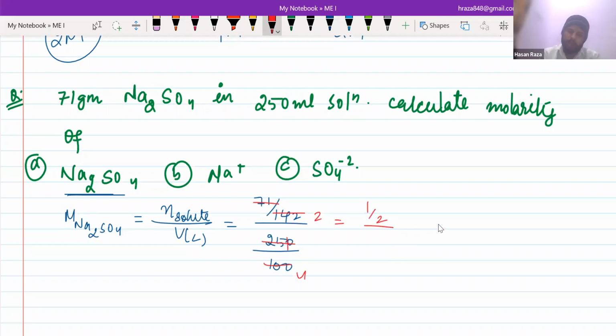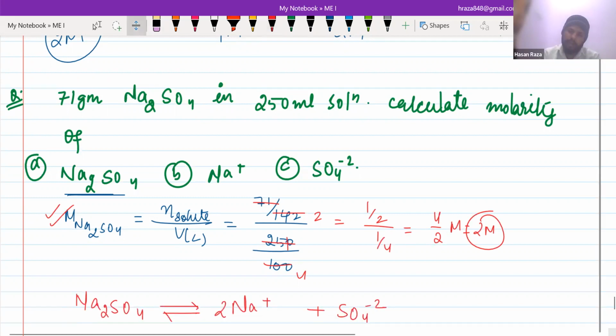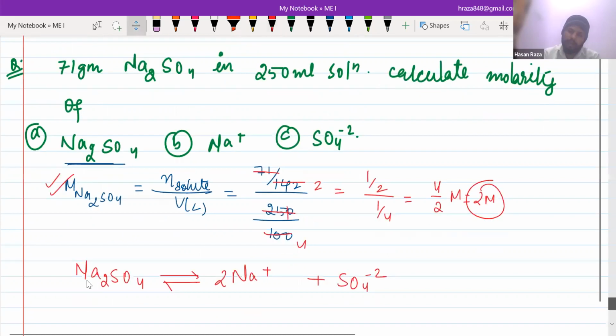So indirectly you will be getting 4/2 M, that means 2M. So you got the molarity. Now you just need to dissociate this into ions. So it will be Na plus and sulfate ion, that is SO4 minus 2. So there will be 2 multiplying so that it will be balanced. Now you can see 1 molar